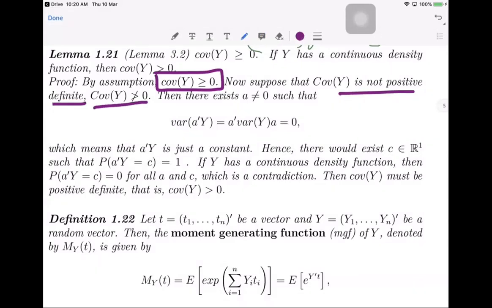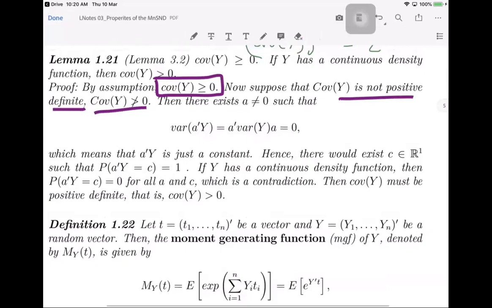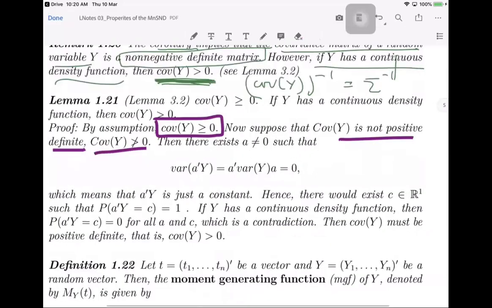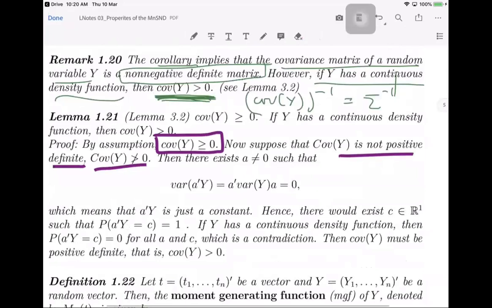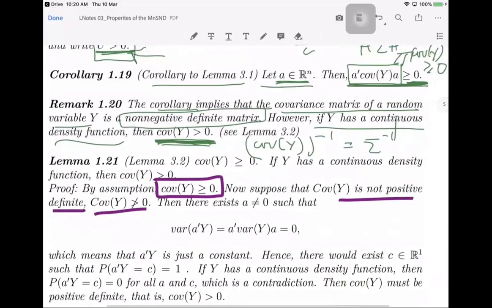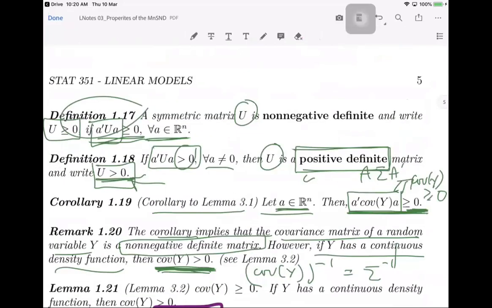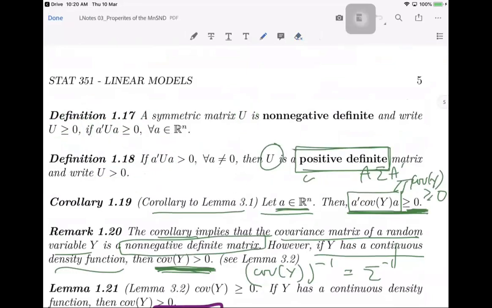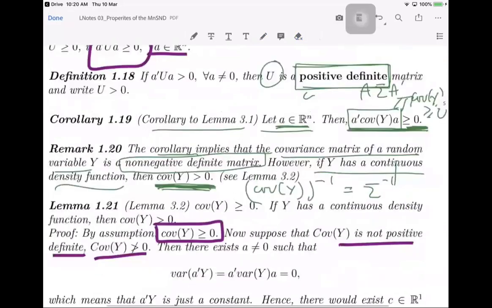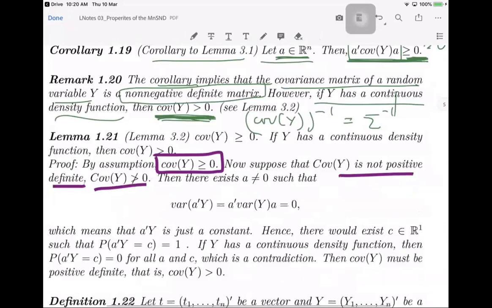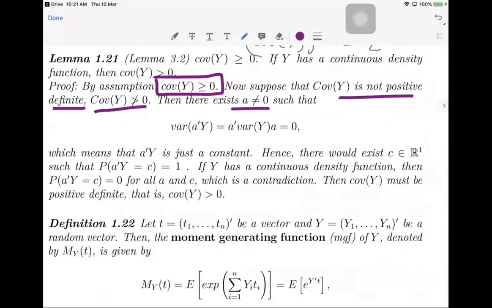Then if it's not positive definite, by definition of positive definite, there exists some A, not all zero, such that the variance of A prime Y, or the covariance of A prime Y, which by definition